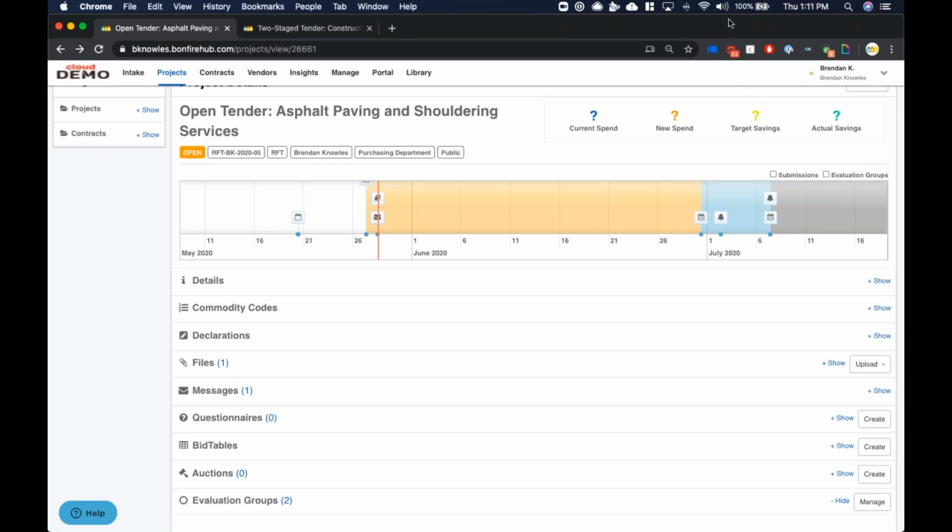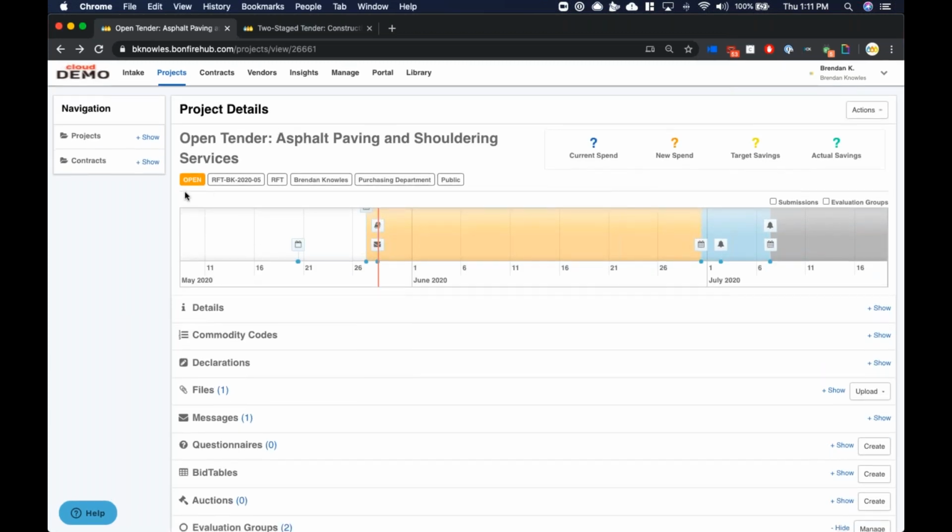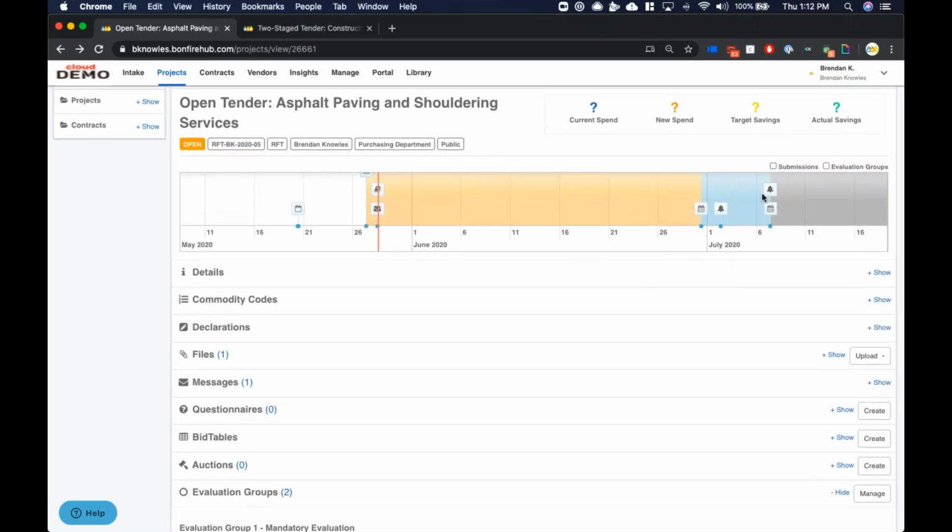So again, just highlighting here that this is an open and public request for tender. Now, some of the elements may be familiar. So the project's timeline is visible here, and you can see we're currently in the open stage. Now, one of the elements I want to highlight is that I've actually added a custom event. So this is one of those best practices we're talking about. In any project, whether it's a tender or any other procurement process, you're able to utilize customized events in addition to the default events like the project's open and close date to identify unique events.